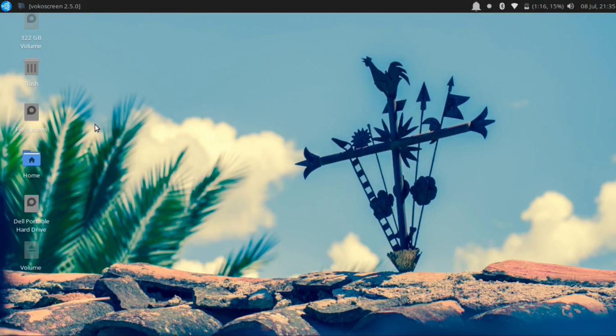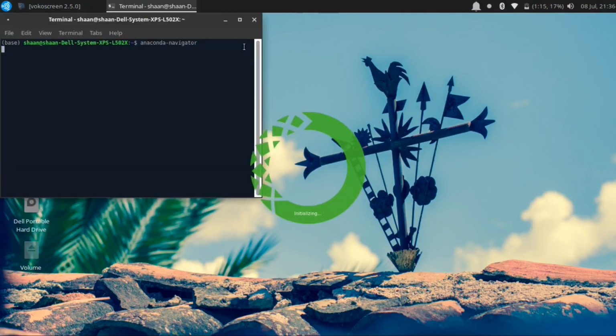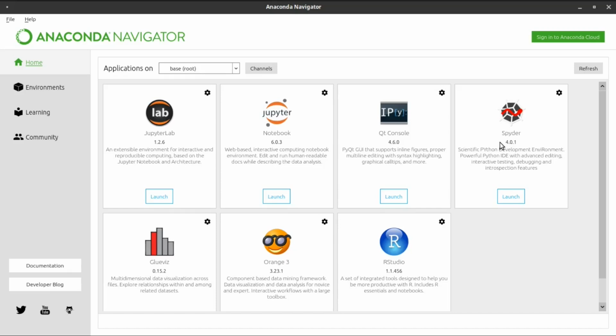Now in order to open the Spyder IDE, you need to open the Anaconda Navigator first. So here I have opened the Anaconda Navigator. Now what I need to do is launch the Spyder IDE by clicking on the launch button.